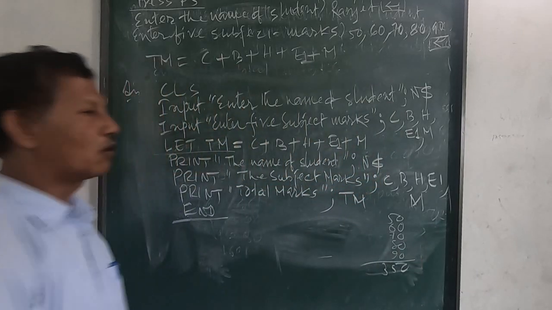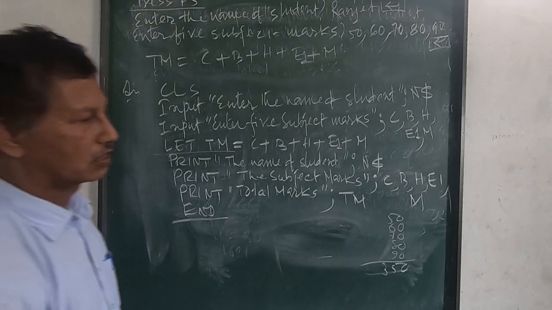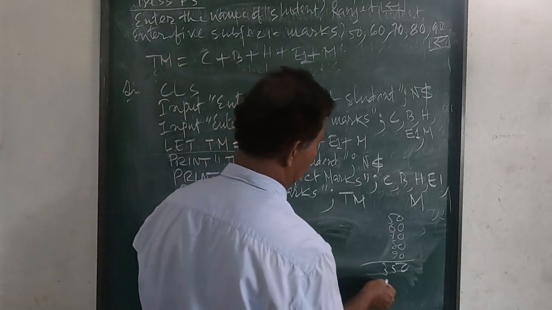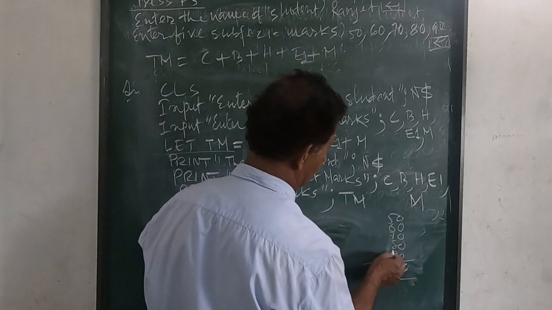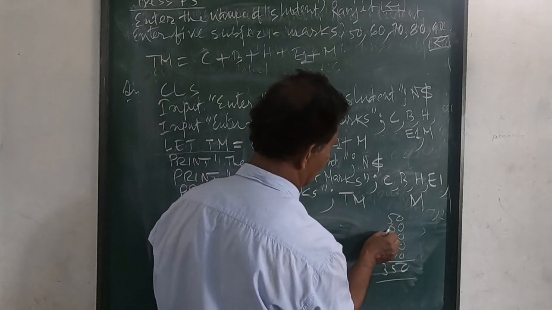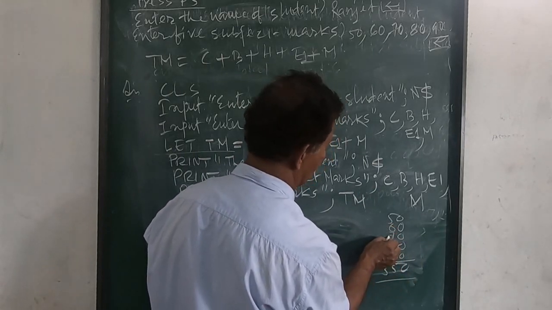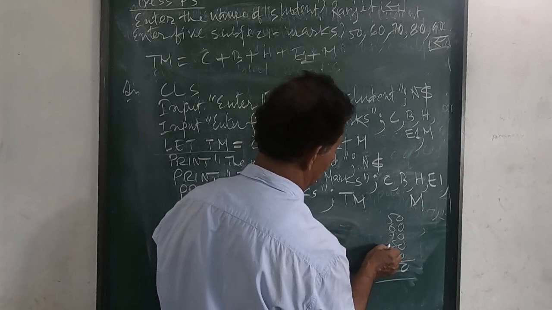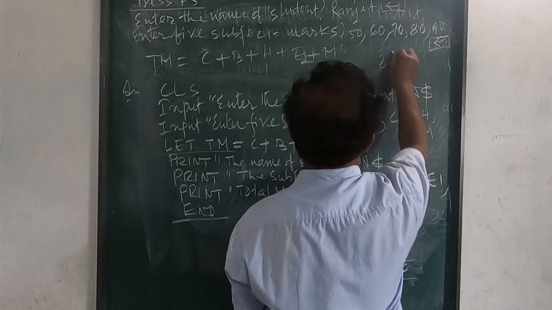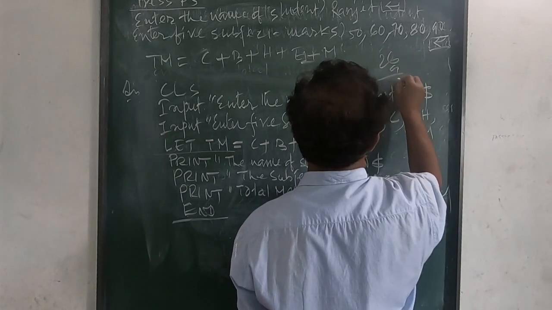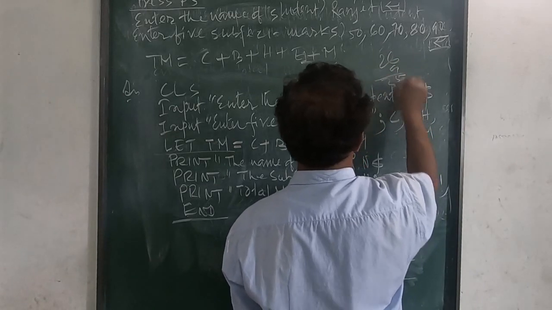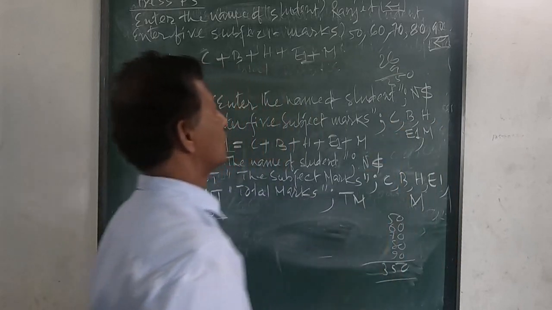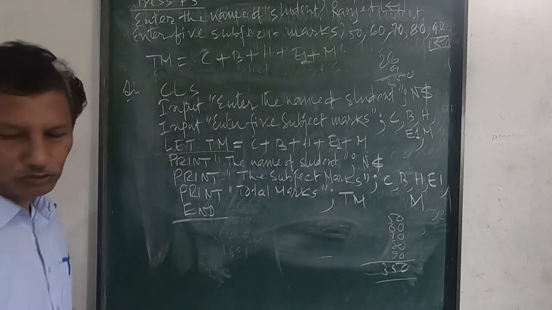When you add all those marks, you will be getting 350. 5 plus 6 is 11, 11 plus 7 is 18, 18 plus 8 is 26, 26 plus 9 is 35, so 350. So output will be